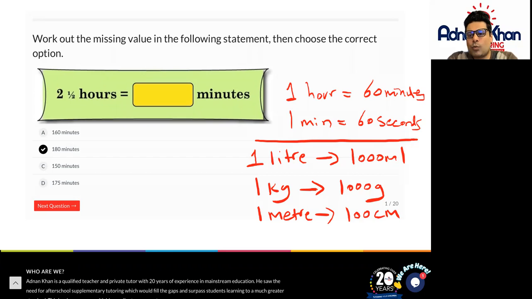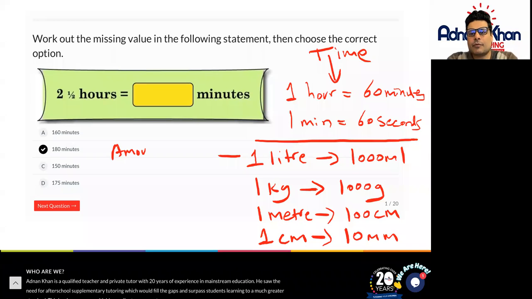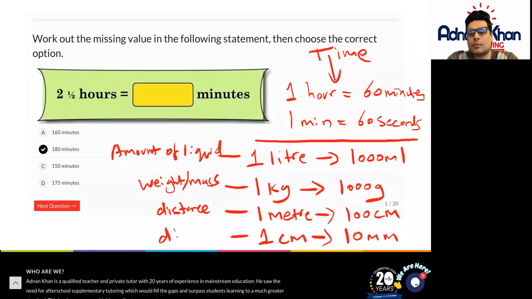And in 1 centimeter, we have 10 millimeters. Okay, so these measurements tell you about time. This measurement here tells you about the amount of liquid. So for example, a liter of milk. And here this tells us weight or mass. Meter, again, we've got distance. And then with centimeters, we are measuring